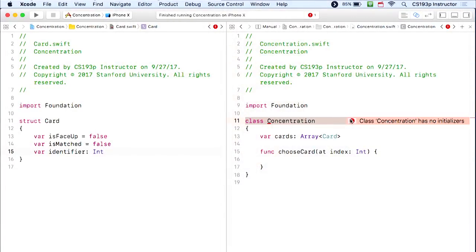All right, so now we've got basically all of our API in our model here. Let's get rid of some of these errors. You see that we still have this error, class concentration has no initializers, a very common error that we're used to. That's because this var is never initialized. So how do we create an array of cards? Now you're learning how to create an instance of a struct or of a class. It's exactly the same. And the way we do that is I'm just going to say it equals open parentheses,